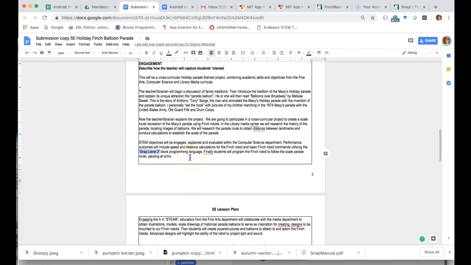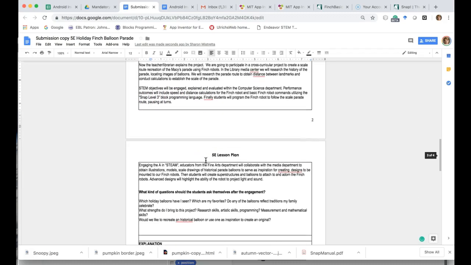Now, if you're not using the up arrow and the down arrow as I had shown you, then what you would want to do is perhaps a for loop for a certain number of turns to move the Finch forward, or a do while loop. So you might want to put in here, just list what types of blocks you're going to be asking your student to use, because I know that you have here,